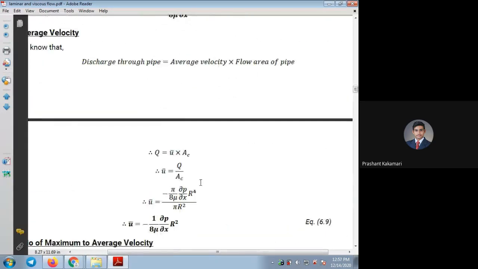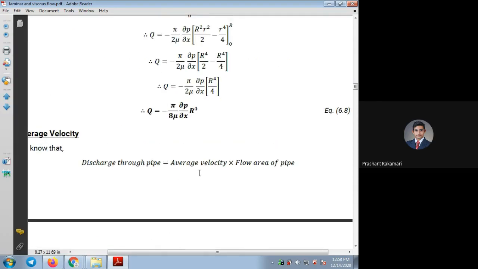So for that, we have considered here. U average can be found out by taking Q divided by the cross section area of the flow. So here, either you can go by the small cylindrical object and integrate again, or, as you already know the complete cross section area of the pipe, as well as the full discharge equation,